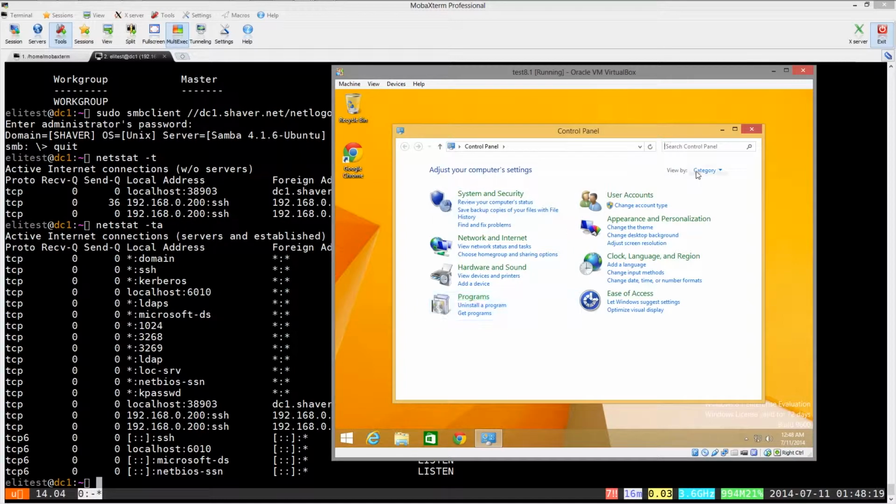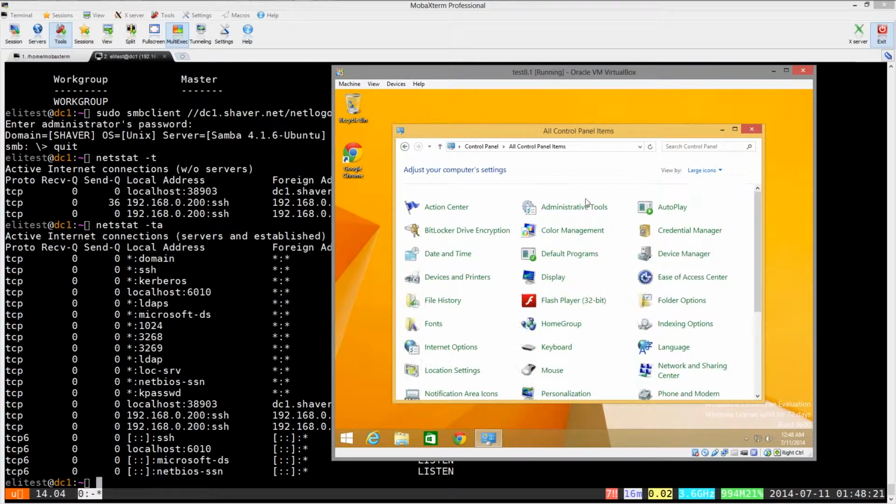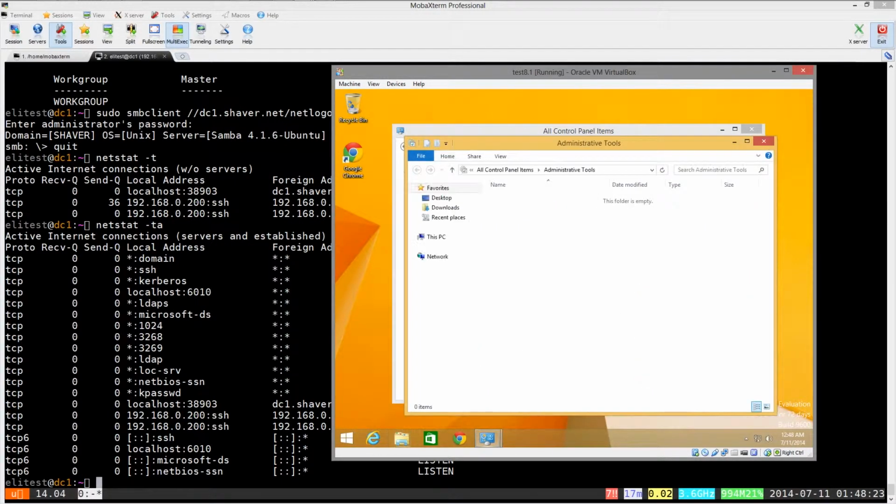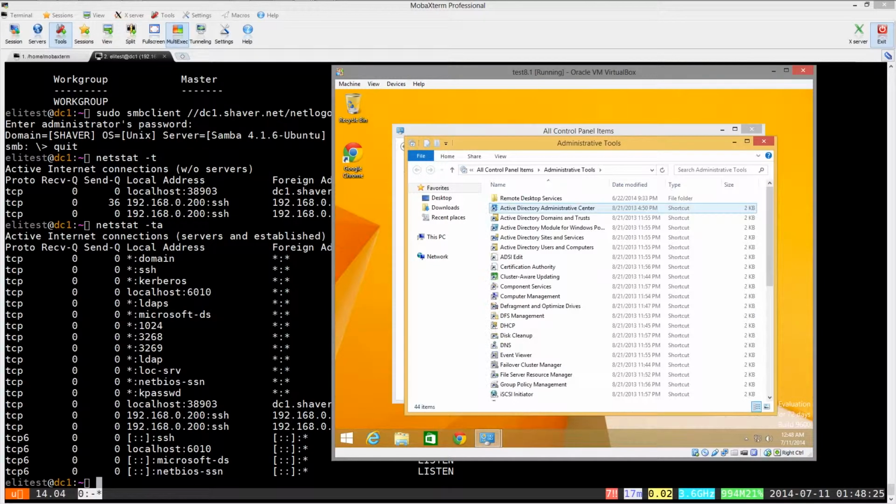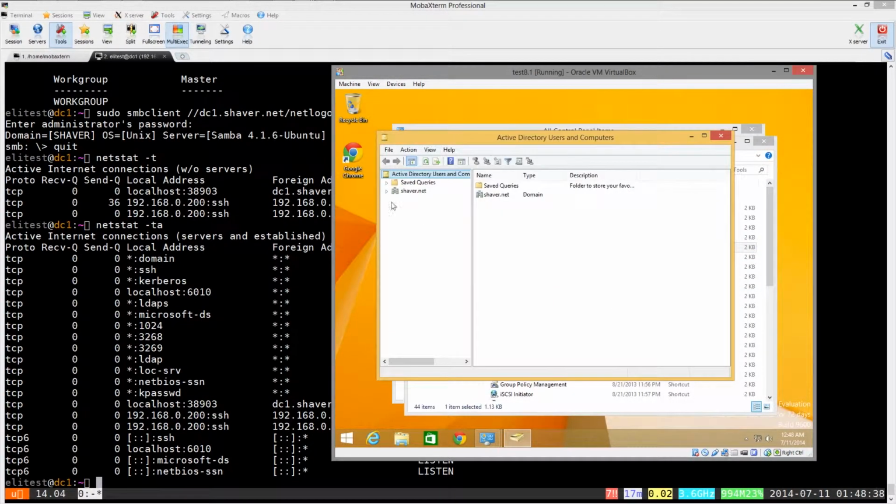So I've already installed, I believe, RSAT on this box. I hope. So I have access to all of the other stuff. Hopefully you know how to install RSAT. I'm not going to cover it in this video. But we see, even though it's an Active Directory domain, if I open AD Users and Computers, I see,